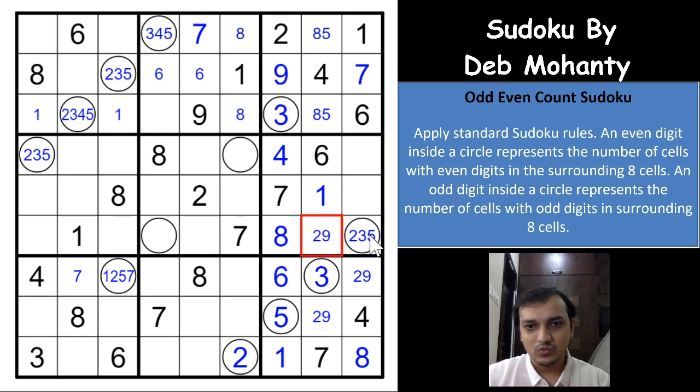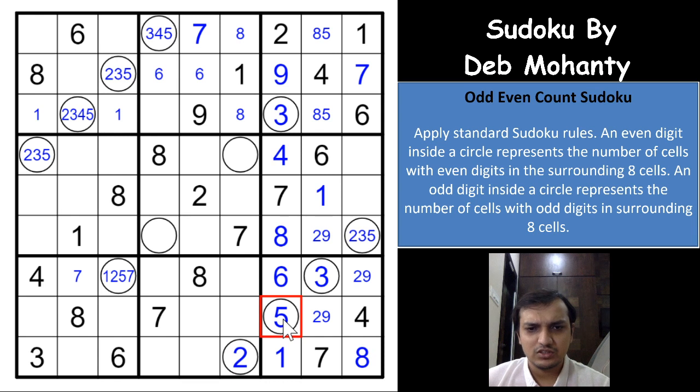And superb, right? This Sudoku is an excellent one, I would say. So for the 3 here, you need to have 3 odd digits here, right? 5 is already an odd digit here. One of the 2 and 9 will be an odd digit here. One of the 2 and 9 is odd here. 5 is already odd here. Okay. Not sure yet. This can be any way. Okay, it can be any way yet. We are not sure of it.